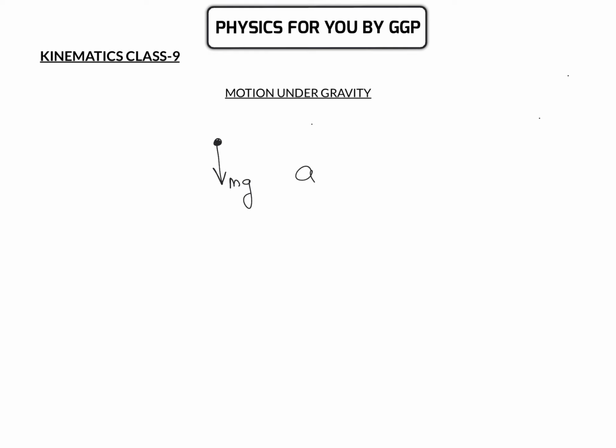If we calculate the value of acceleration using the equation force divided by mass, you can write that the acceleration will be equal to the acceleration due to gravity. So if an object is moving near the surface of the earth, we can assume that it is moving with a constant acceleration, and the direction of this acceleration is toward the center of the earth. But when we are observing, we feel that it is in the vertically downward direction. So for calculation purposes, we will take it as vertically downward, and the value of this acceleration due to gravity is 9.8 meter per second square, and for calculation purposes we will approximately take it as 10 meter per second square.